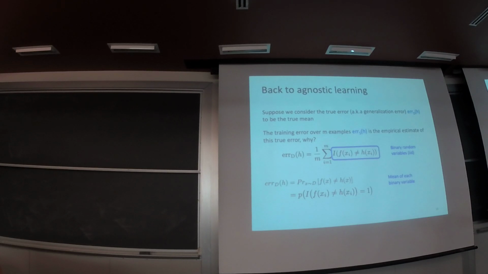It's just 1, right? Remember, our indicator is defined here. Only when the prediction is inconsistent, the indicator is 1. Otherwise, if you make a correct prediction, the indicator is 0, right? So that means if and only if your prediction is wrong, your corresponding indicator is 1. And the true error is defined as the probability that you make a wrong prediction. That means it is the probability that your indicator is 1.